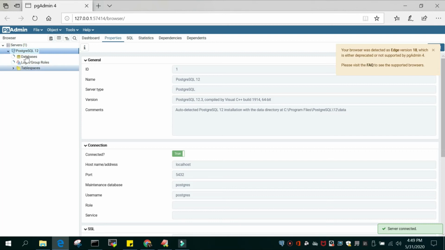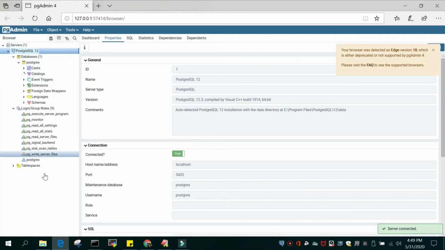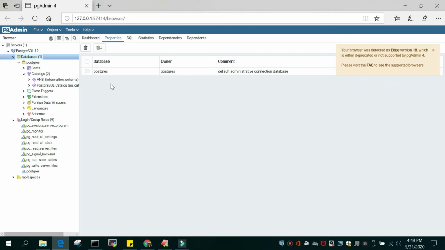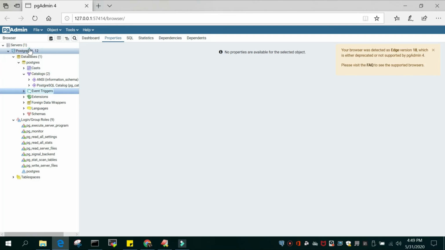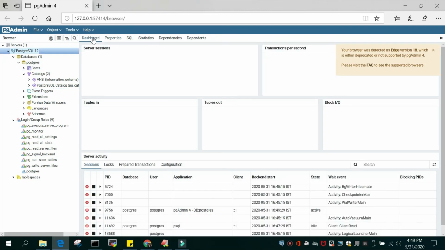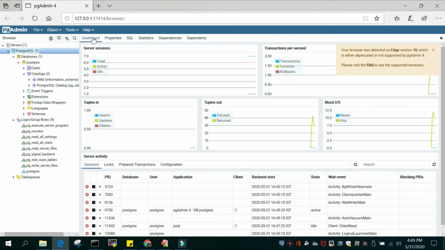You can see that there are some things populated downwards. If you click the database, this will show that by default there is a postgres database which is installed and owned by the postgres role. So this is created, and there are a lot of things; in some other tutorial we will see how to use it, but this is how we connect to PostgreSQL using the command prompt